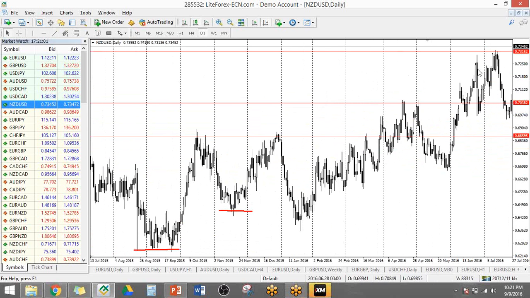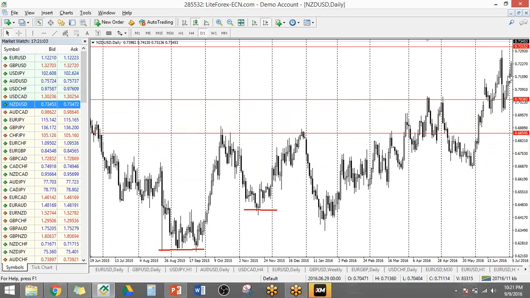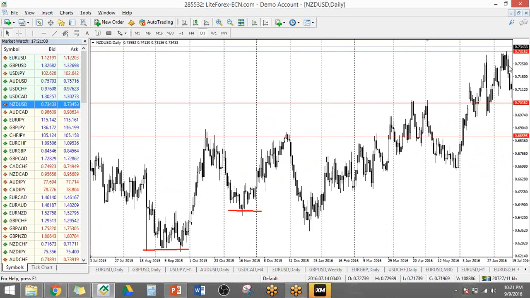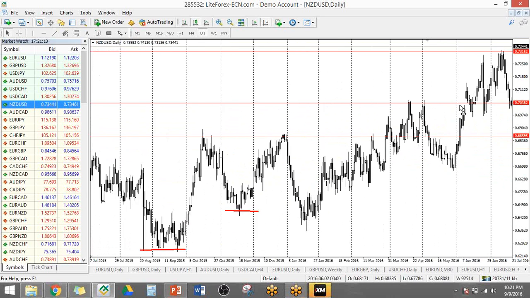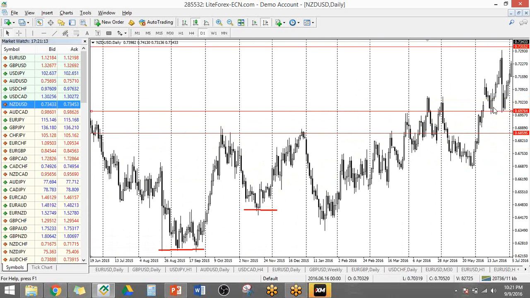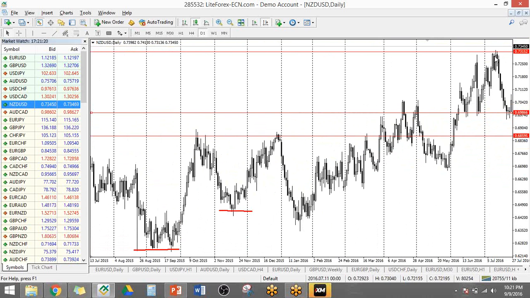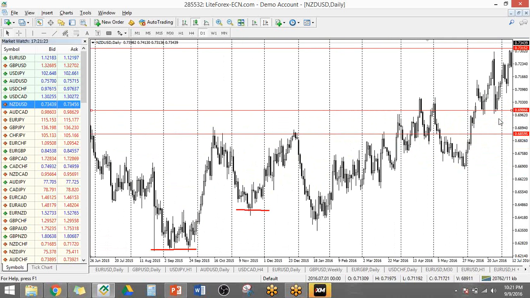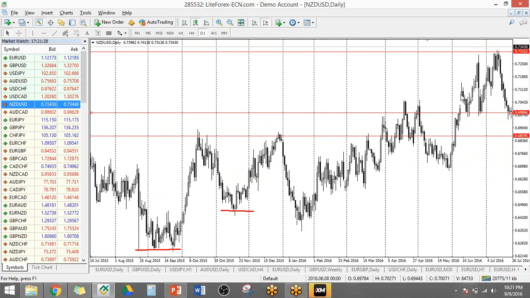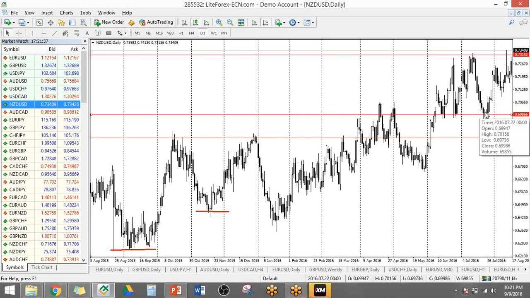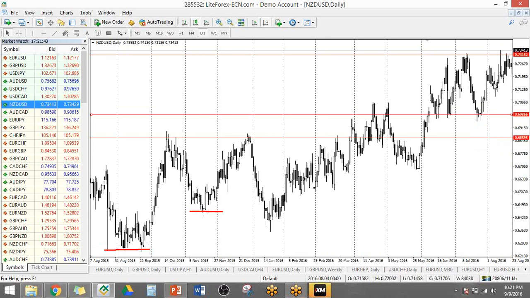So if you check it out, you have resistance here, it bounced here, down, and then as it came up, it bounced again, down here. Since you already have your new support over this area, it bounced here, up, down, up. As it goes up here, you have a pretty good idea it's going to bounce somewhere there, and then it's going to bounce down. When it bounces down, you have 2 points here, 1 and then 2. So you have a pretty good idea that it already bounced there, and this was your previous resistance. Now it's a new support. It will also bounce at that area and then continue upwards.